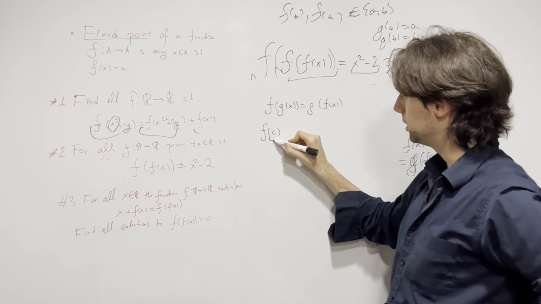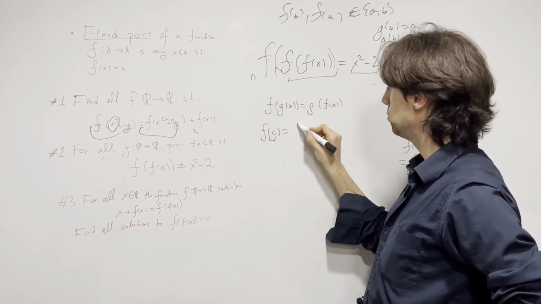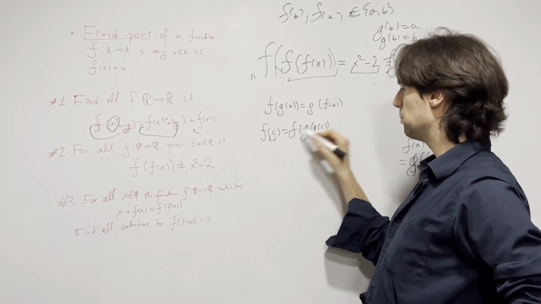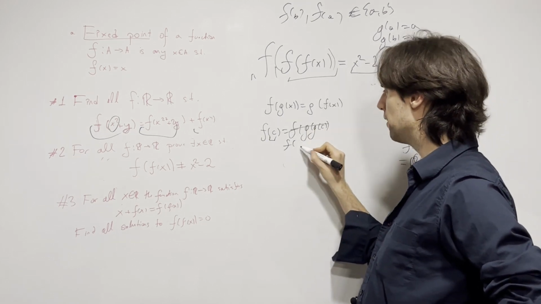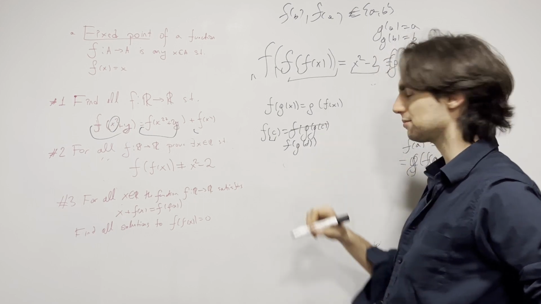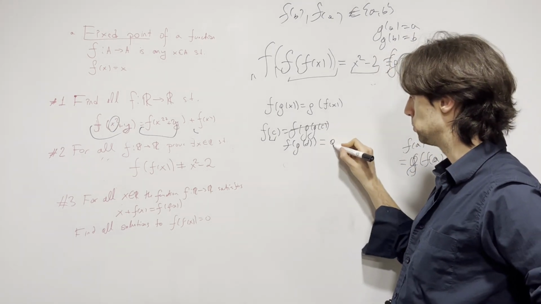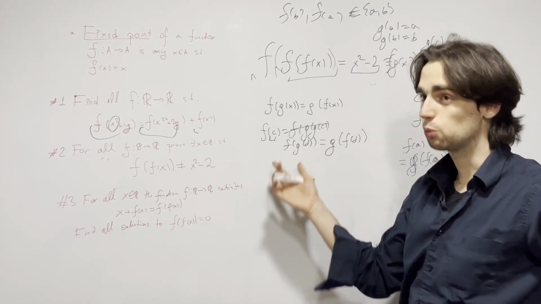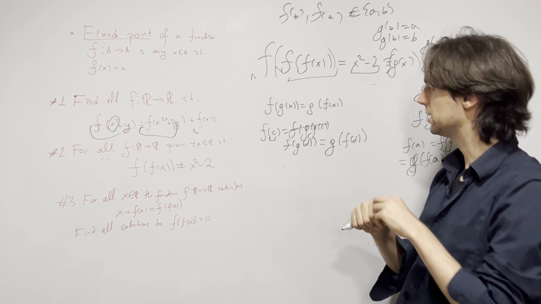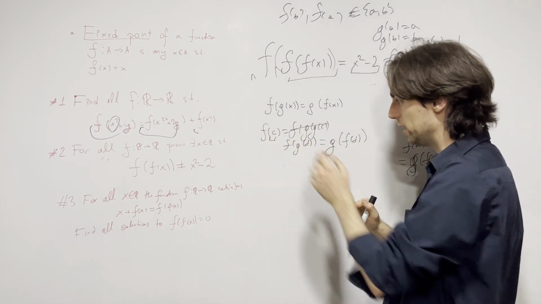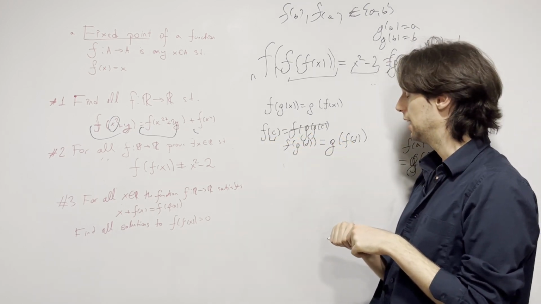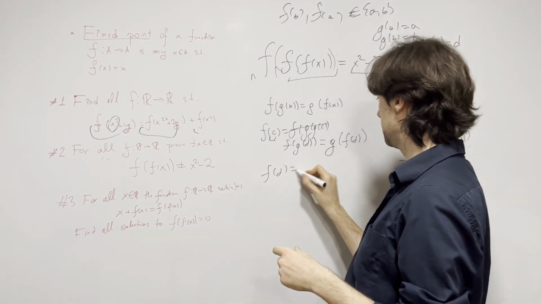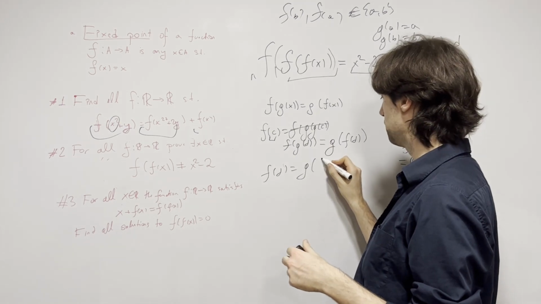So f of c, we know that this is equal to f of g of c. But also we know this is equal to f of g of d. And now this is equal to g of f of d. Now, is this what we wanted? No, it's not quite what we want because we want a fixed point here. However, we'll also have the similar thing, we'll have f of d is equal to g of f